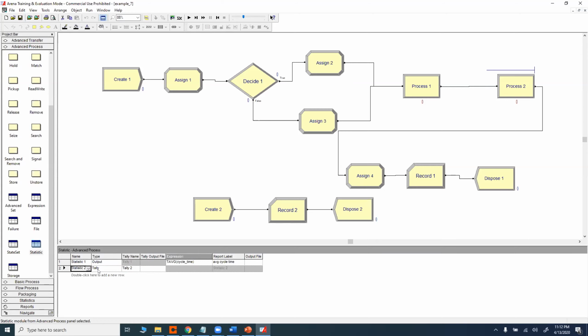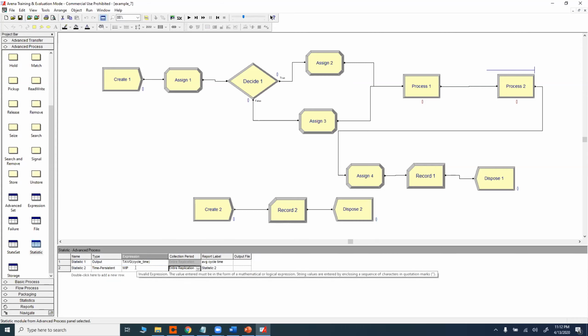And then we have to define a time persistent statistic for the working process. So this is WIP. And the label